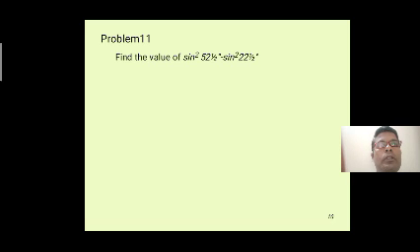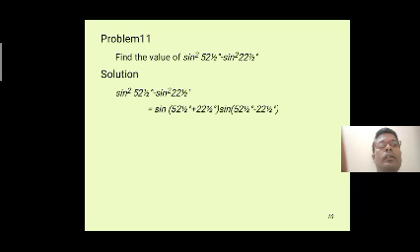Okay, now we go to problem number 11. Find the value of sin square 52 and half minus sin square 22 and half. In the place of 52 and half we write A, and in the place of 22 and half, B. We know that the sin square A minus sin square B formula is sin of A plus B into sin of